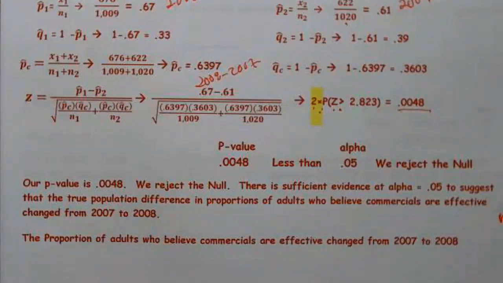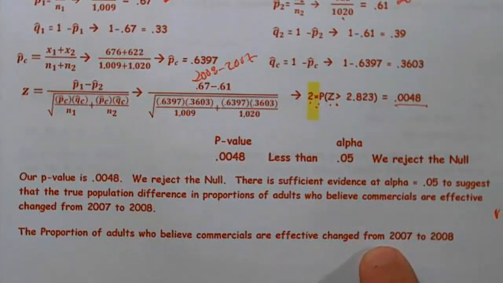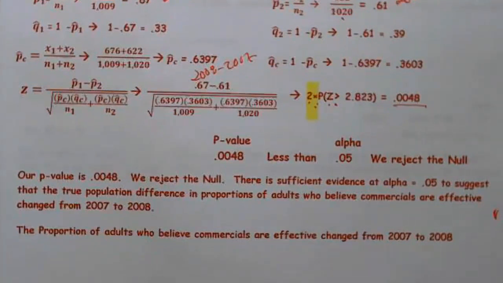All right. It's really good to give a synopsis answer. Not always required, but you should always give the conclusion the way we have it formatted, and then you really should give a brief synopsis. What did you find? In this case, we found that there was a difference. It was statistically different. There was a change. Again, I apologize for switching 2007 and 2008. I hope that didn't confuse too horribly. Sorry about that.